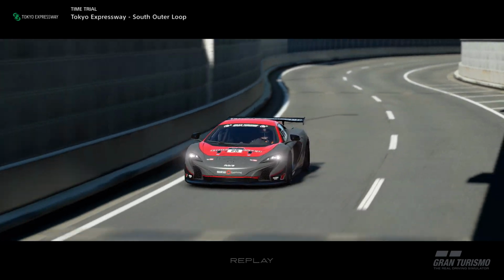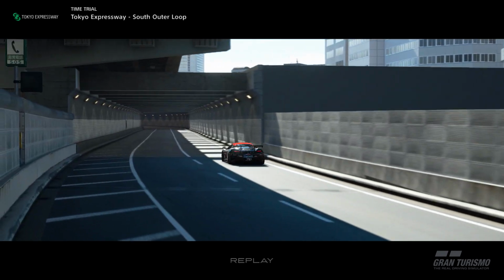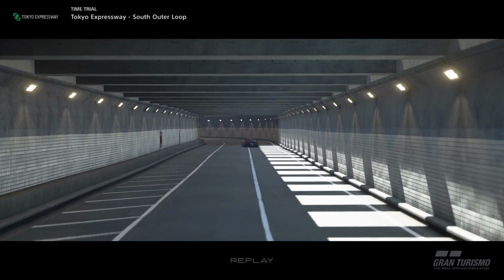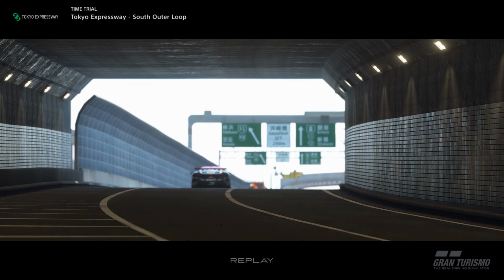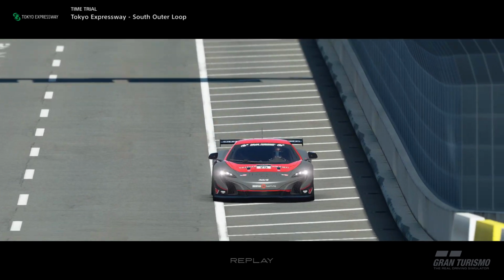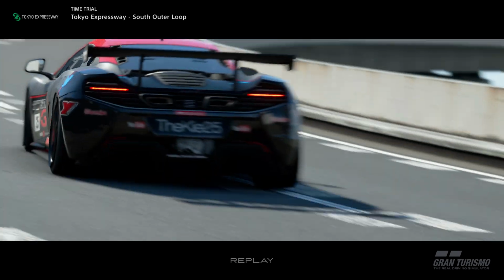I'm going to point out some of the braking, some of the lines that you need to take for the corners, some of the things that you have to do to get the ultimate lap out of this. Now the McLaren, the manufacturer that I've picked for this season, is actually pretty decent around this track. It's not the most OP, like overpowered car. However, it has got some party tricks